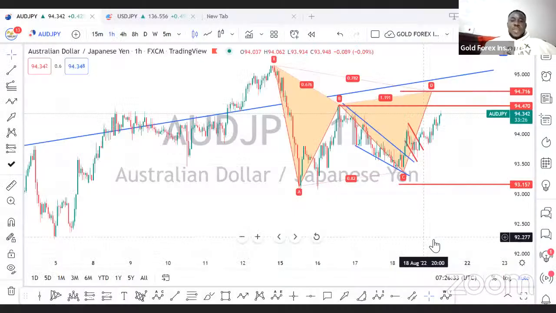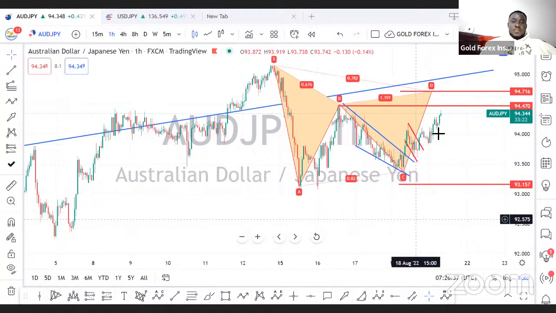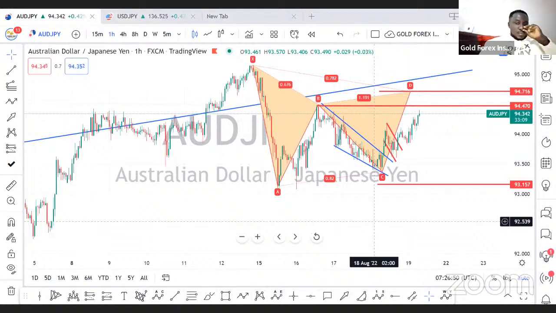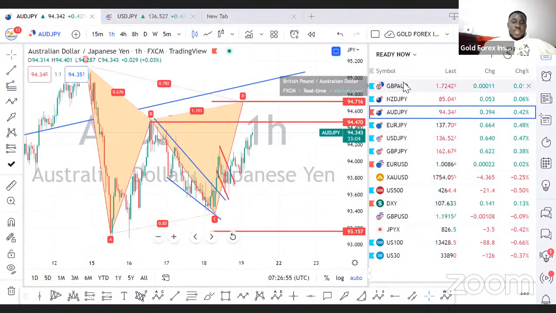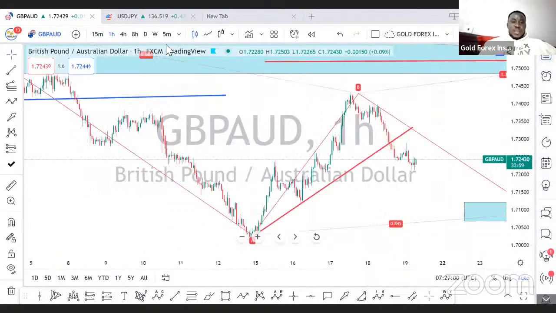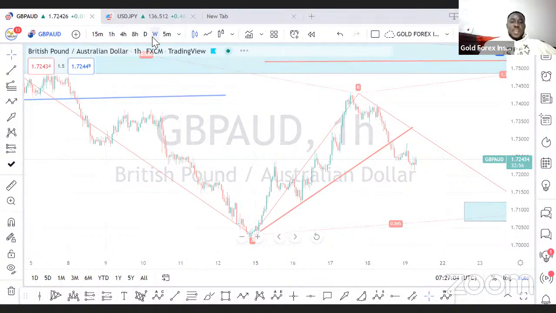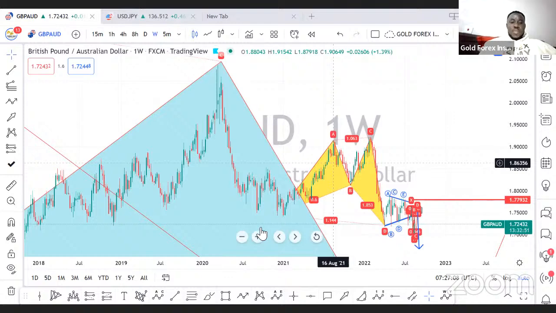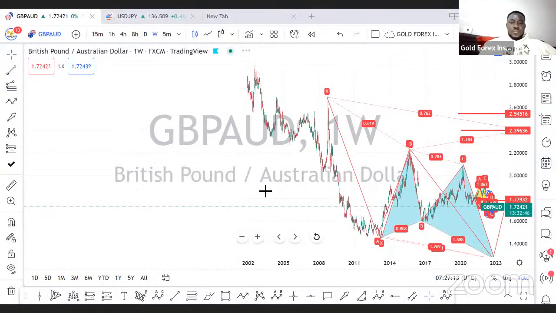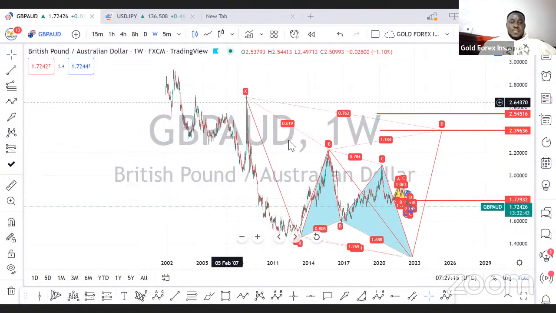Now this is so amazing. In our VIP group, we had some trades yesterday, and you can see we have it on the charts over here. Let's look at, first of all, pound AUD, what is happening and what we are expecting to happen in the near future. Let's go from the weekly time frame. With the weekly time frame, this is the whole pattern. You can see over here, XABC.